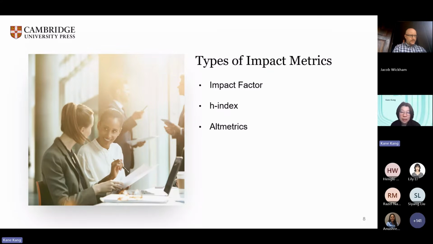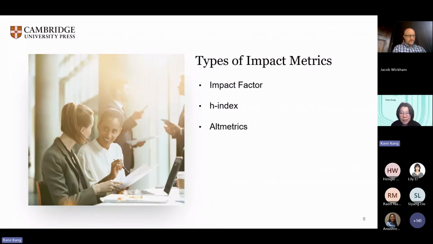How is it calculated? You divide the number of current year citations to articles published in a journal in the previous 2 years by the total number of items published in the journal in those 2 years. Then you get a number, and that's the impact factor.